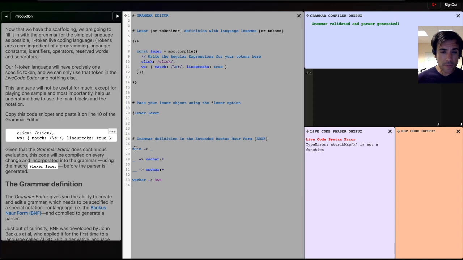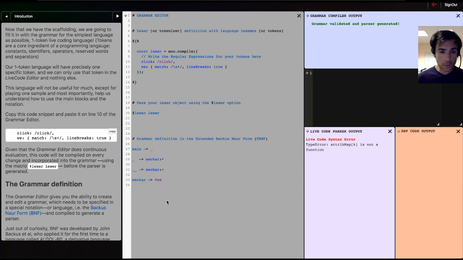So there's a first rule that says that our language is white space, or is underscore, and underscore is white space char, but many times. And what's a white space char? It's a token of white space, which is defined here. So without further ado,